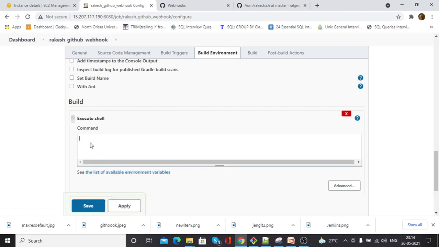Here what I am going to do is I am putting some command here, like some Unix command, pwd then chmod 777. Let's see the code once.